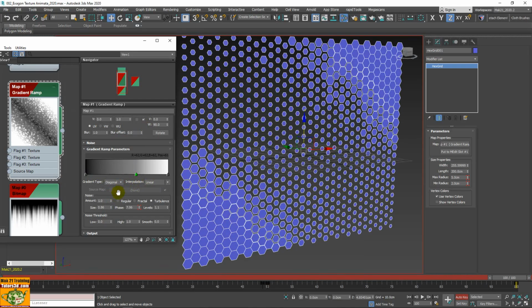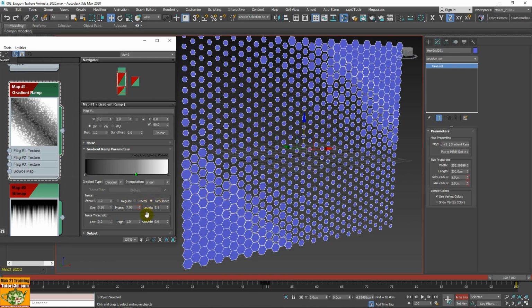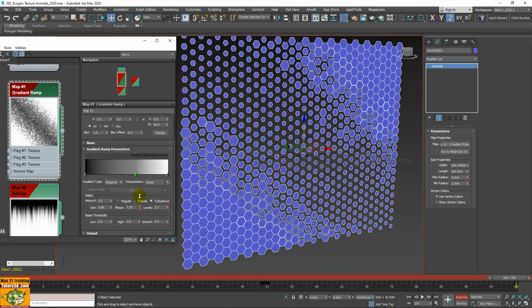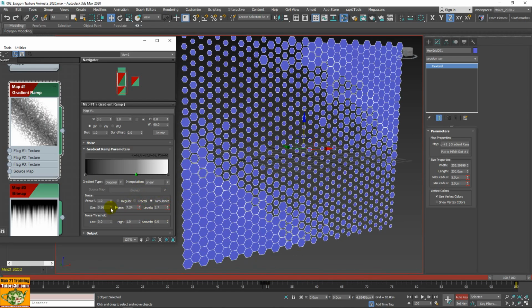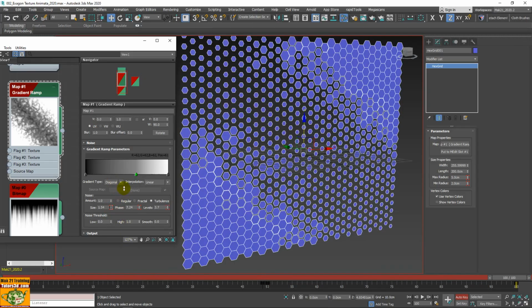Here, between the possibility of using a shape that is, for example, regular or a shape, for example, fractal, or in turbulence, there is something for all tastes, in the sense that with the level we are going to modify the contrast, with the phase we are going to change the position of the effect, with the size we can also change the amount of the effect, without touching maximum radius, minimum radius, and consequently we have an important check.